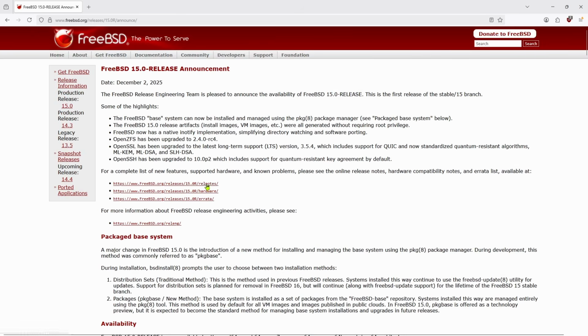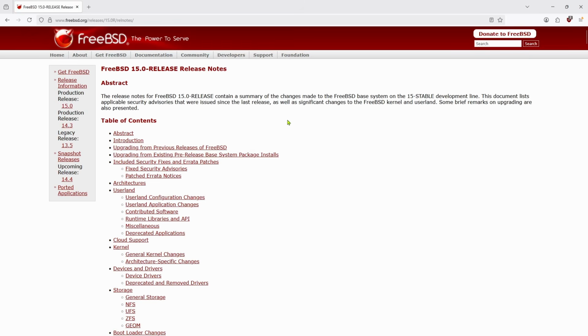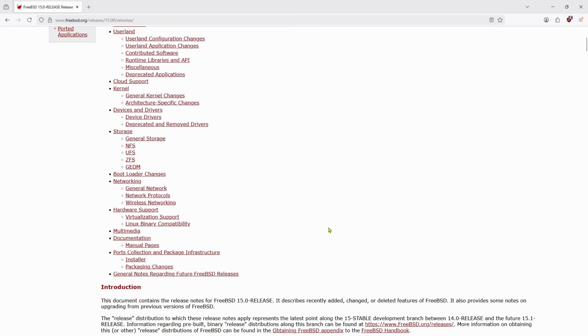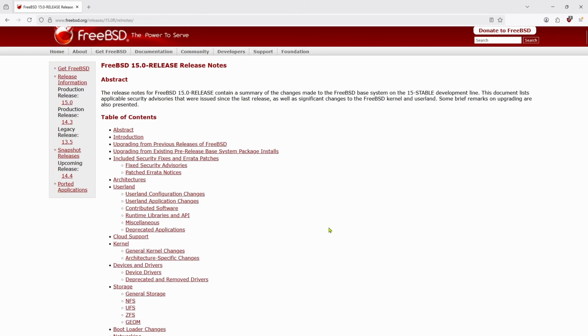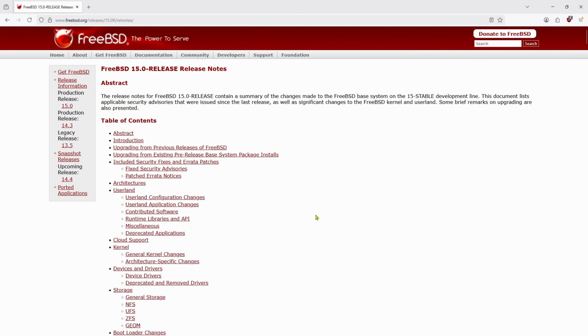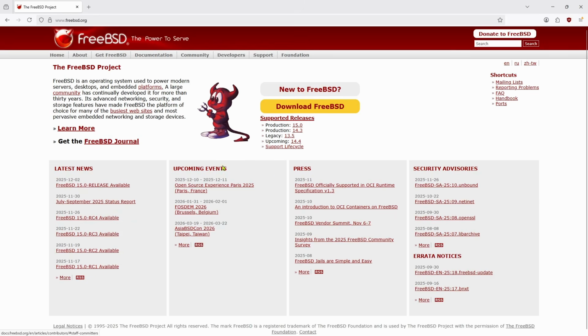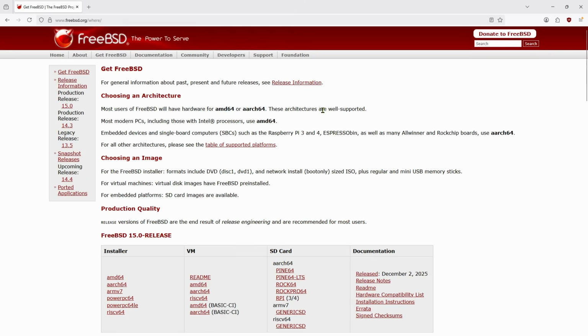Also, if you'd like, you can have a look at the full release notes to study which features were added, changed or deleted in this latest release of FreeBSD. Once you are ready to continue, go back to the main page and click the button Download FreeBSD. Please note that under choosing an architecture, it is stated that for most users on modern Intel-based PCs, this will be AMD64. And AMD64 might sound somewhat confusing, but this is what you would use as well for